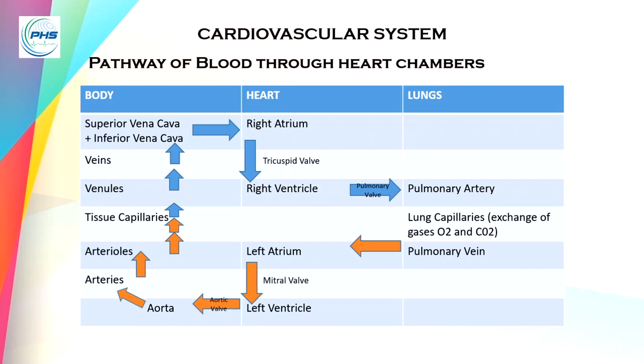in the lungs. Here, oxygen travels from the tiny air sacs in the lungs through the walls of the capillaries into the blood. At the same time, carbon dioxide, a waste product of metabolism, passes from the blood into the air sacs, and the carbon dioxide leaves the body when we exhale. Once the blood is oxygenated, it travels back to the left atrium through the pulmonary vein.